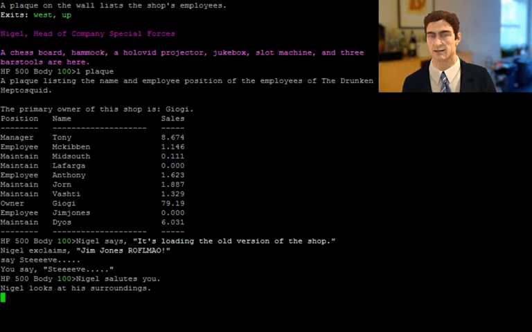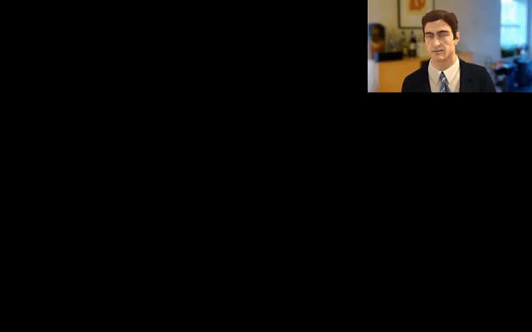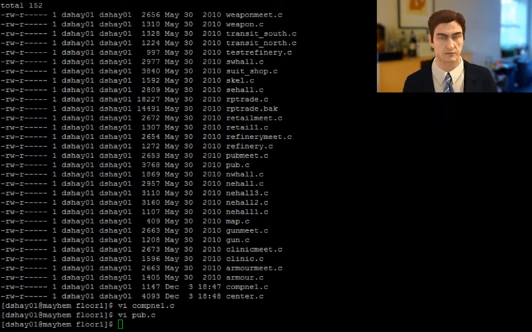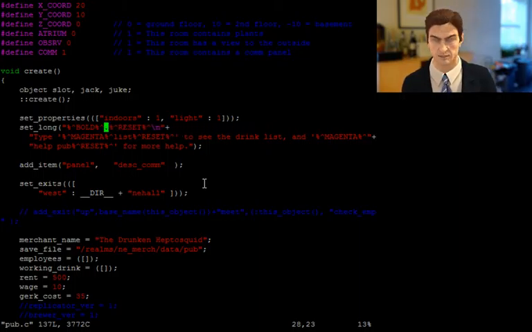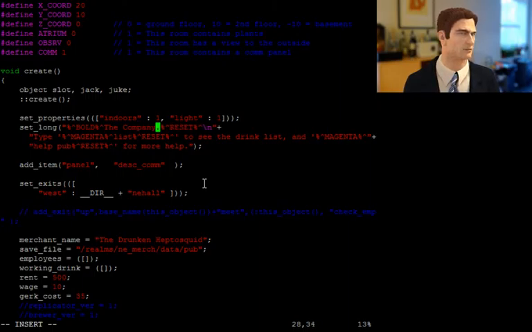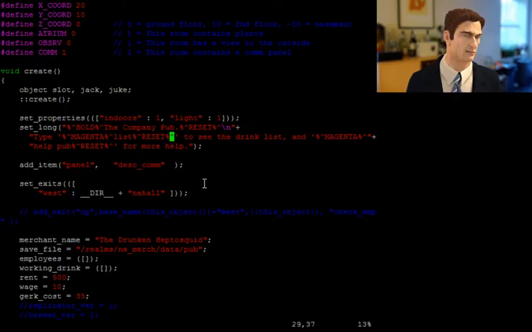All right, let's switch back over to our shell. We're going to edit this file. We're going to rip this guy apart. Okay, let's change the name. So instead of the Drunken Hepto Squid, we'll call it the Company Pub. We can put more things here if we want to, but for right now, we're going to...